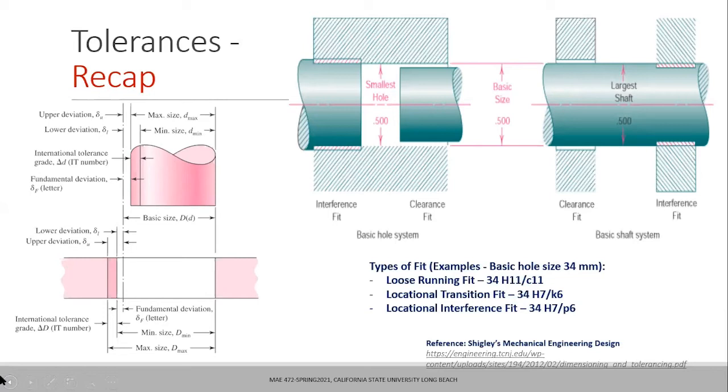And basically, the point here is that for bearings, we generally would need an interference fit between the shaft and the bearing, the inner race of the bearing. So to do that, you probably need to know what tolerance specification you need to provide to the shaft, and what tolerance specification you need to provide to the inner dimension of the bearing. These specific concepts would help you to specify what type of tolerances you need for a shaft and bearing assembly.